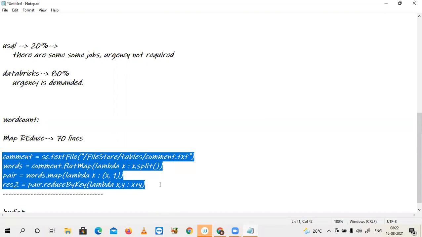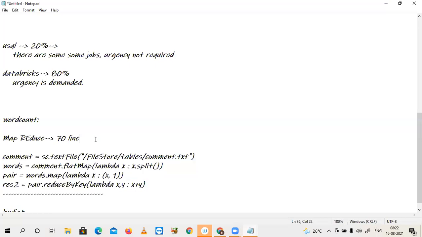Number 1, my code is simplified, that means my transformations are made easy. Number 2, it is very fast, even 100 times faster than MapReduce. So for processing big volumes of data, everyone is going for Spark.